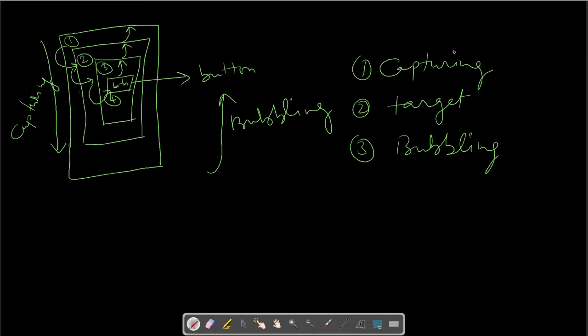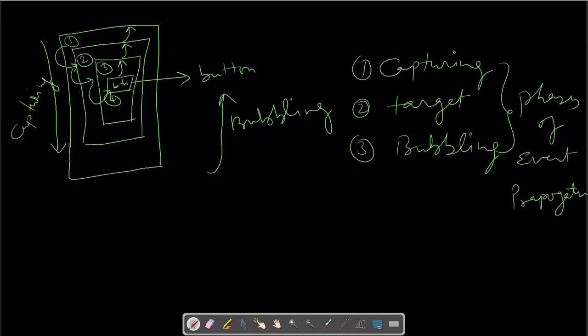These phases will always execute in the same way, doesn't matter if you are bubbling the event or if you are capturing it. I'll explain in a minute, and I will even give you a visual demo to better understand this. So as a developer, you need to decide where you want to register your event, whether in the capturing phase or in the bubbling phase.